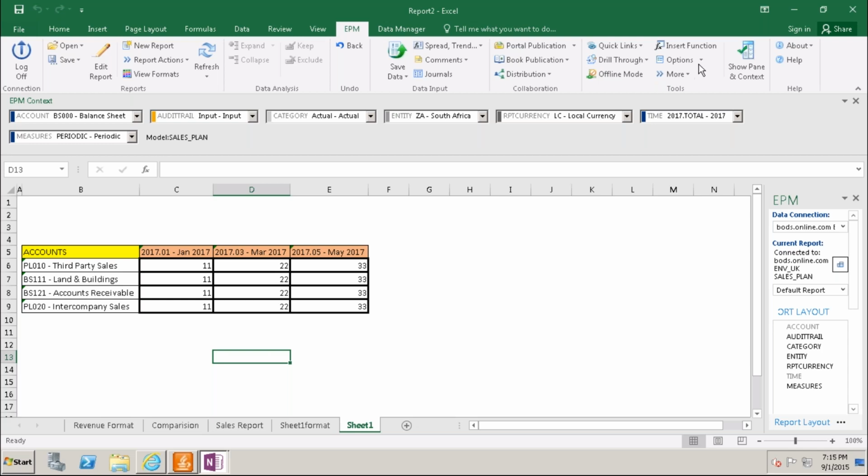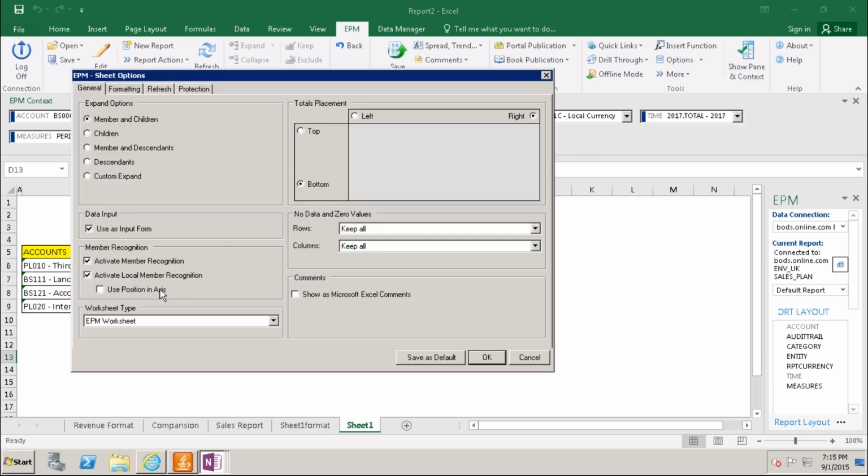Now next option here in the sheet options, you go here, these two, and Excel worksheet, EPM. This is the EPM worksheet to work out, and this is also the total placements. This is not taking actually.